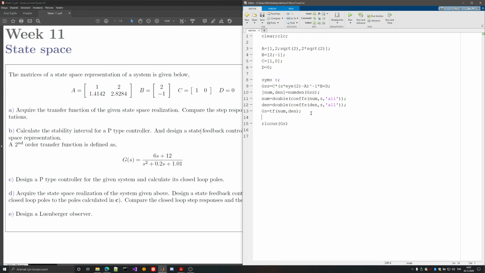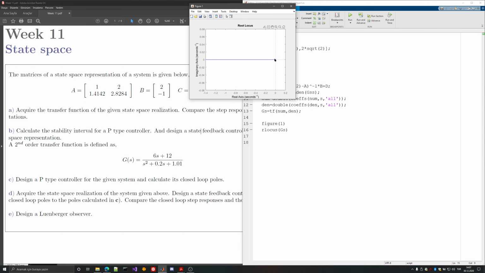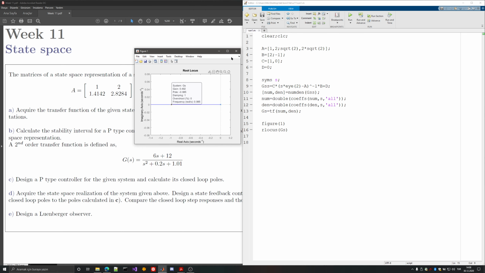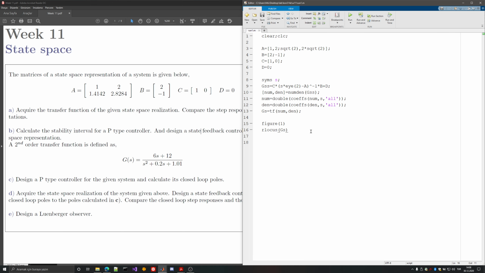So let's get rid of the graphics and let's call figure 1. Now this tells you that if you want to place your pole, let's say at -1, hope I can click it. There we go. You have to use half the gain. Basically that's what it tells, because you have a gain of 2 embedded in the system. Or I can show you that 2k divided by s is the feed forward,